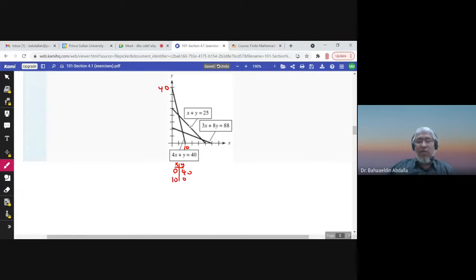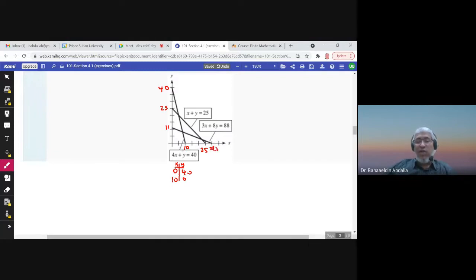Okay. And for this line, x plus y equals 25, if x is 0, y is 25. So this is 25. And also here, if y is 0, x is 25, so this number is 25. While here, the last equation, if I put x 0, y would be 11, so this is 11. Okay, this is 11. And if I put y 0, 88 over 3 will give me 29.3. So this here is